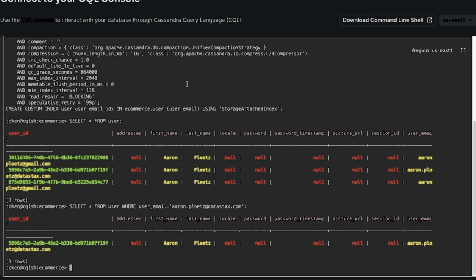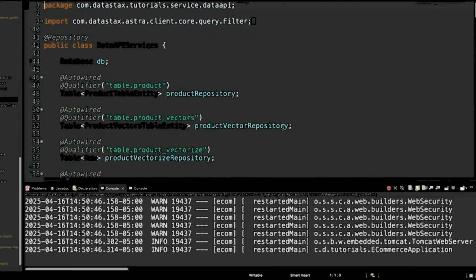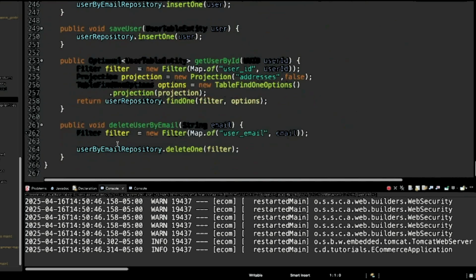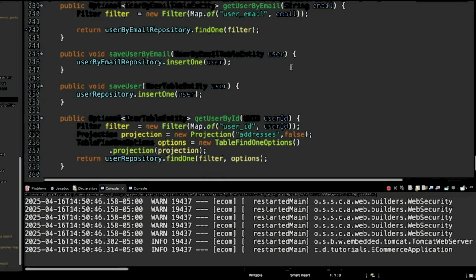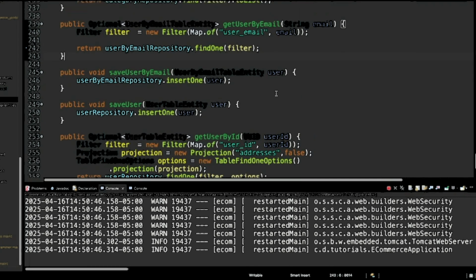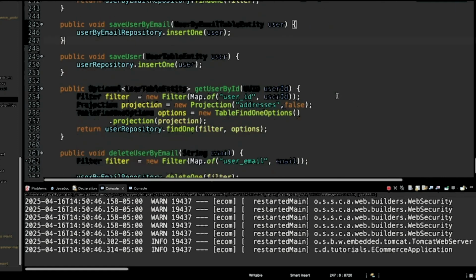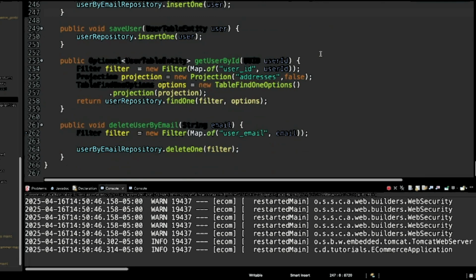So now, how do we get it to happen inside of our application? Well, let's go have a look at our data API services here. Yeah, here we go. We have get user by email. Right, so we can save that record into that user by email table. I bet there are a lot of places here where we're trying to keep those tables in sync, whether by saves, updates, or deletes. So if we were able to get this to work, we could actually get rid of quite a bit of that.